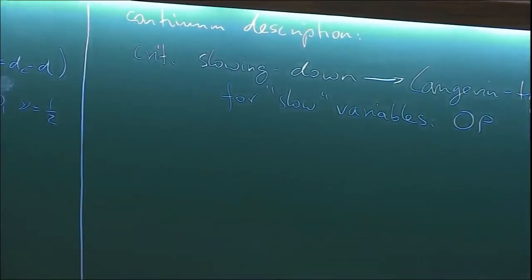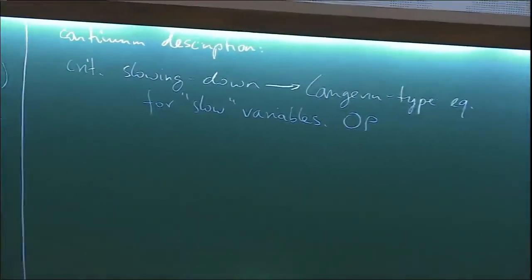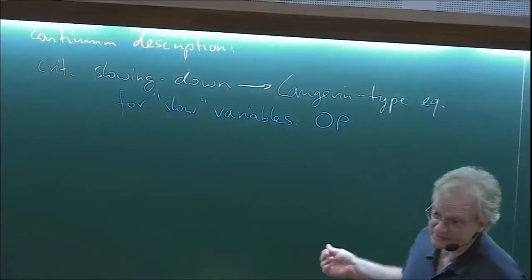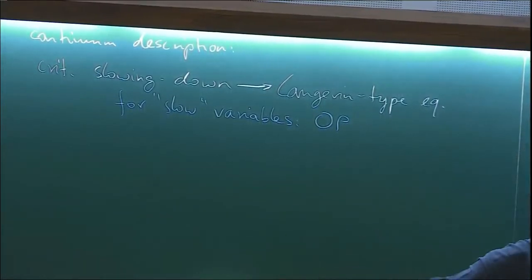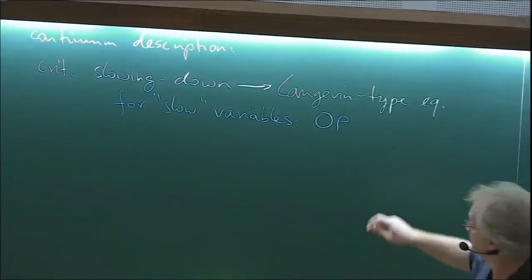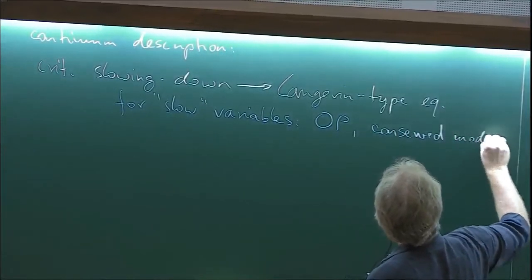But there are also clearly any other conserved modes, which you would normally call slow modes in a hydrodynamic, that's called continuum description. Because those are related to conservation laws. Conservation laws come with a continuity equation. And we'll discuss that in a few minutes. And that means that, at low wave vectors, the frequencies of these things have to go to 0. So these are slow too in the long wavelength, large scale limit, which is what you need to worry about for critical phenomena. So I need to worry about potentially coupling of the order parameter to conserved modes. But that's all I need.